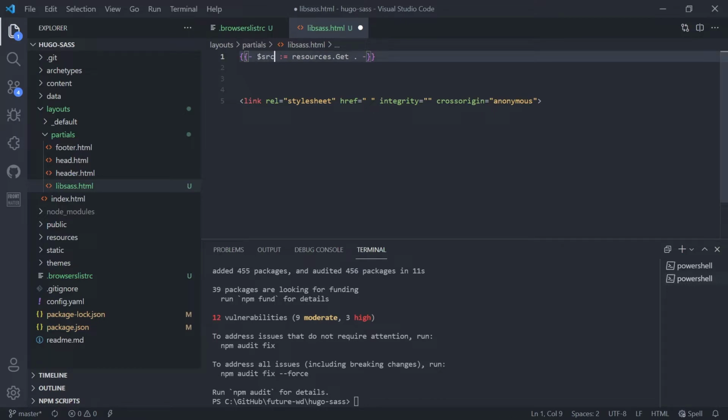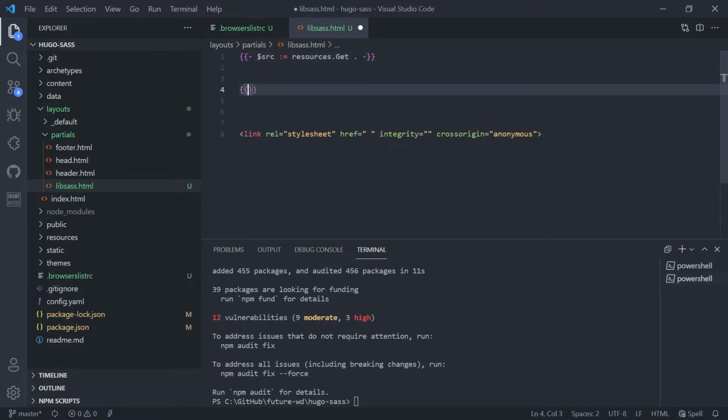When you define the variable, you have to make sure you use a colon next to the equals, and if you reassign it, you just use the equals. We'll use that in a moment. So we're going to go down a few lines, and we're going to reassign source. So source equals source. And we're going to use a pipe, and this is a chain of command. So the next thing we're going to do,